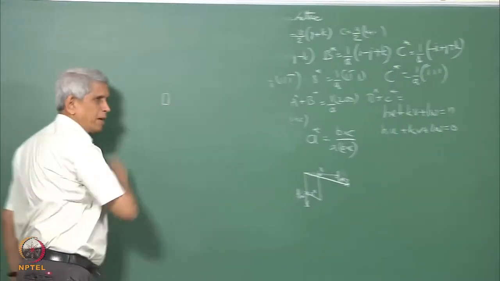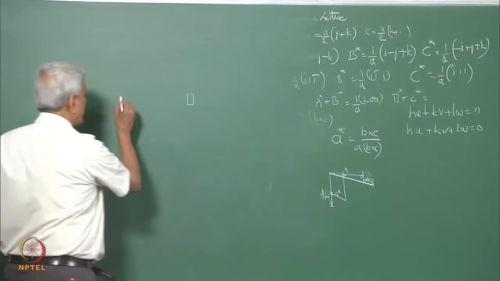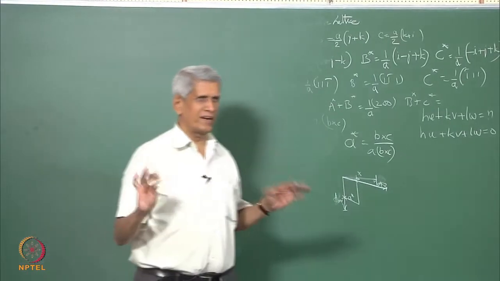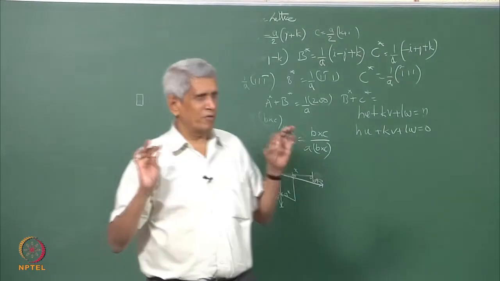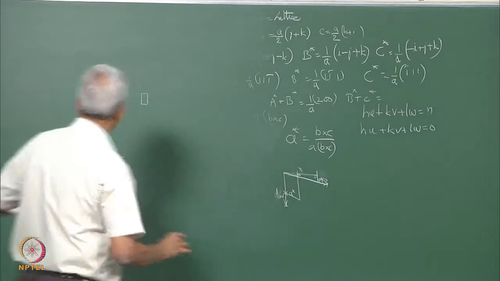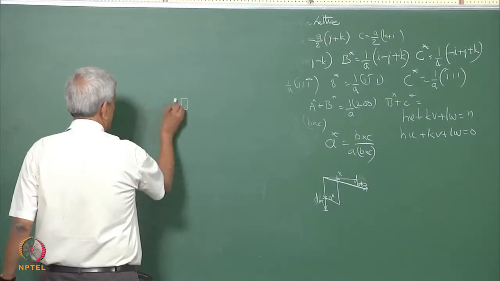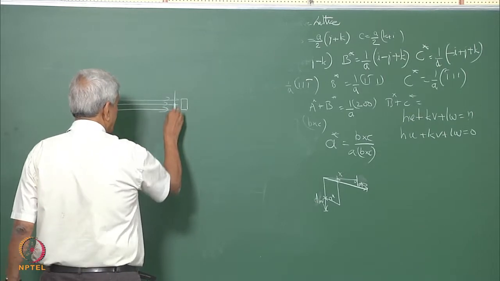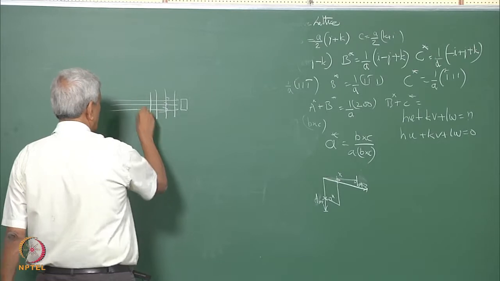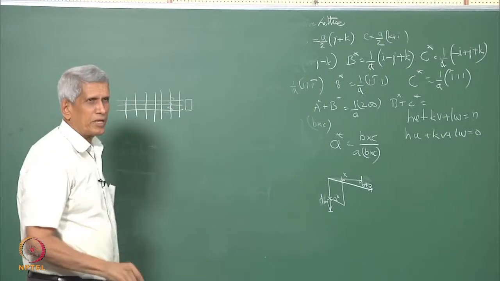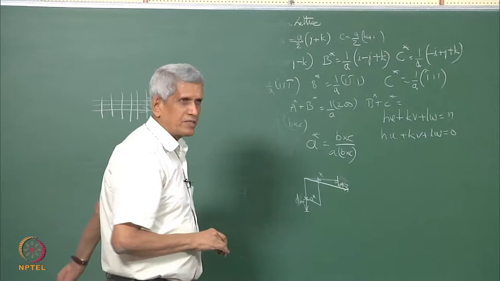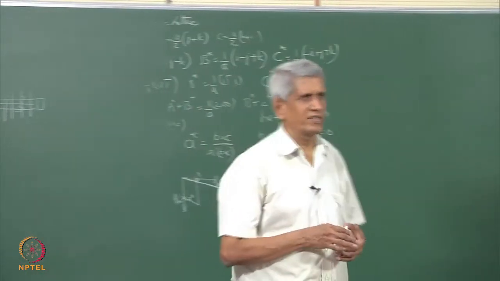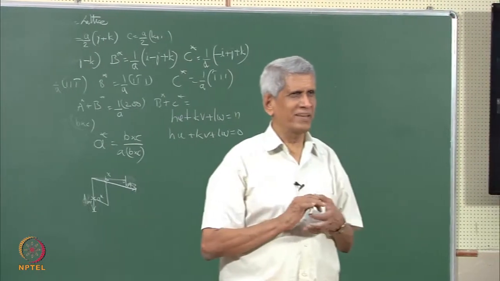Suppose we keep a sample here, and an electromagnetic radiation, because electromagnetic radiation can be expressed as a wave. We assume that it is coming onto this, and we assume that it is a coherent beam, something like a plane wave which is coming. A monochromatic coherent beam is falling onto the sample surface. If it falls on the sample surface, what will happen?